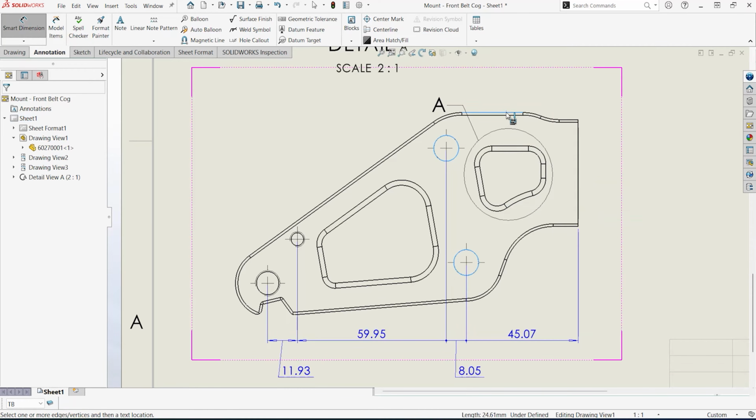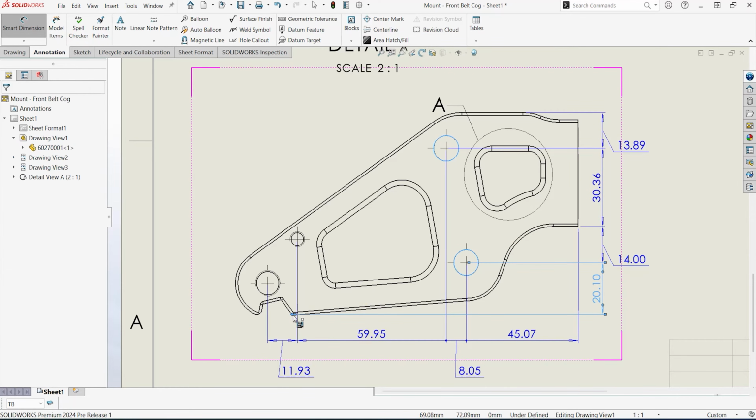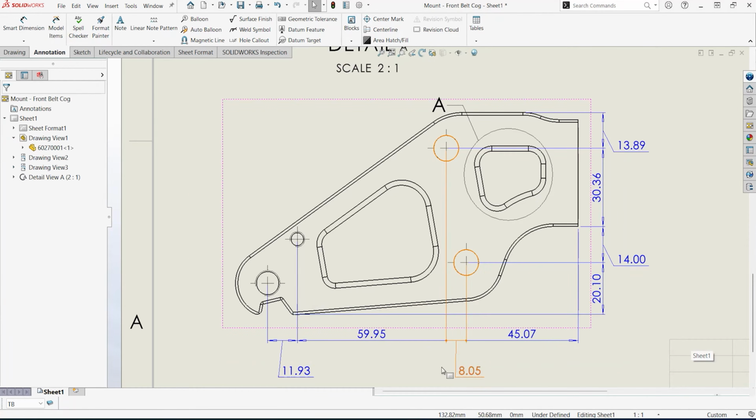On a busy 2D drawing, it can be difficult to tell what entities a dimension attaches to. Now simply hovering over a reference dimension will highlight its attaching entities, whether they be model edges, construction geometry, or vertices. This improves drawing clarity and helps you carry forward your design intent from the model to the drawing.